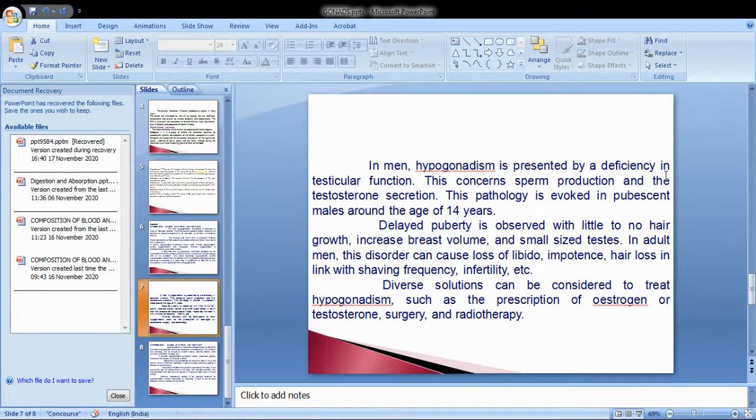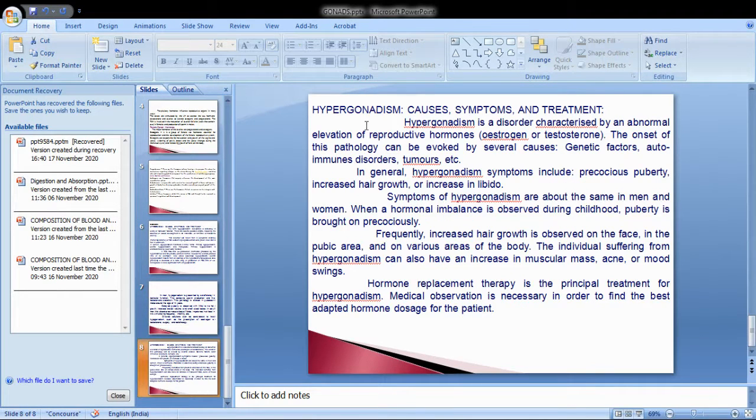Okay, diverse solutions can be considered to treat hypogonadism, such as prescription of estrogen and or testosterone, surgery, and radiotherapy. Okay, next let us discuss